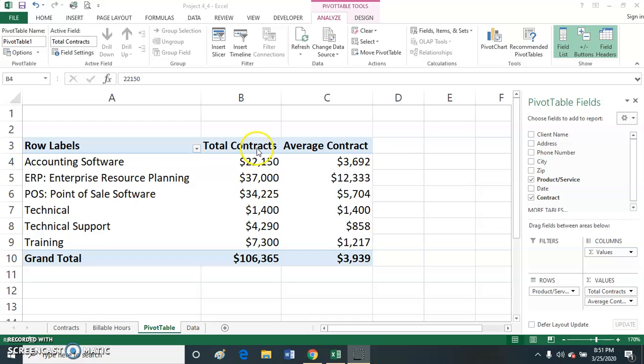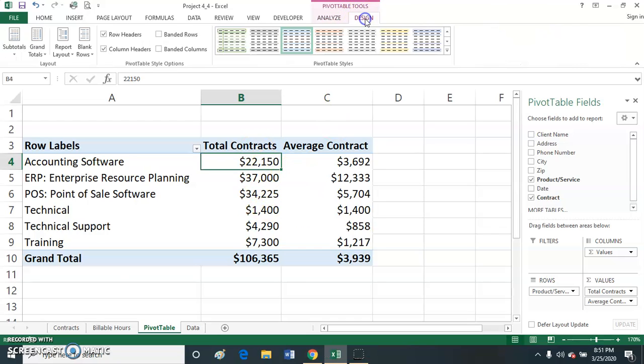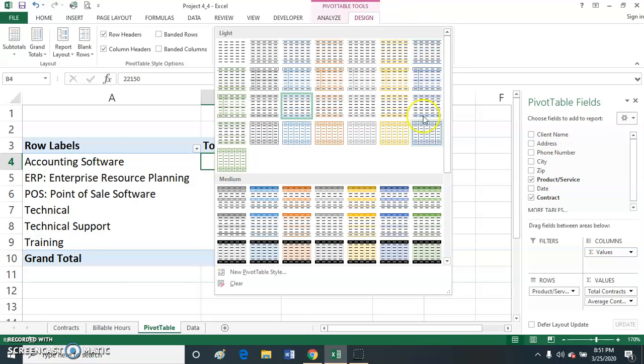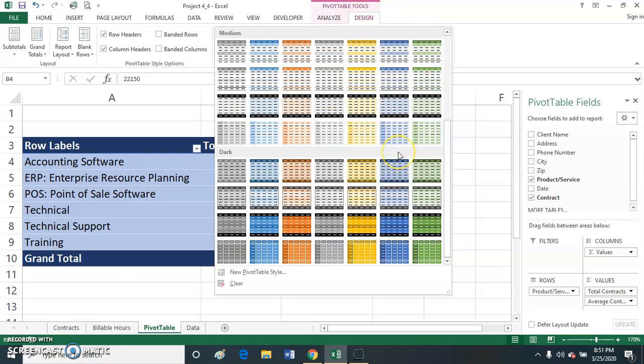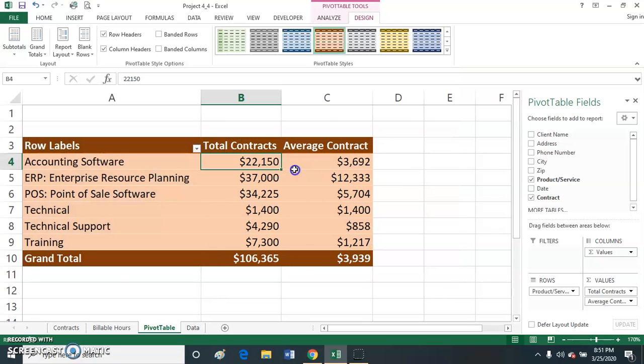Going on to number 16. Make sure you're still within your pivot table, and I'm going to go to the design tab, and I'm going to open up this gallery, and they want us to apply a dark style, and they want the dark style number 3. So I'm going to apply that,